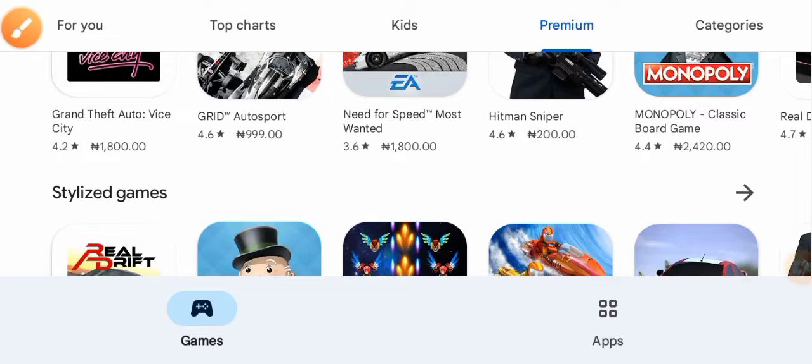And not only here, there are also other games apart from Play Store, other apps apart from Play Store that